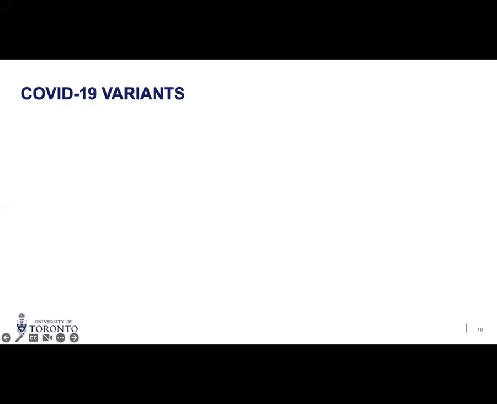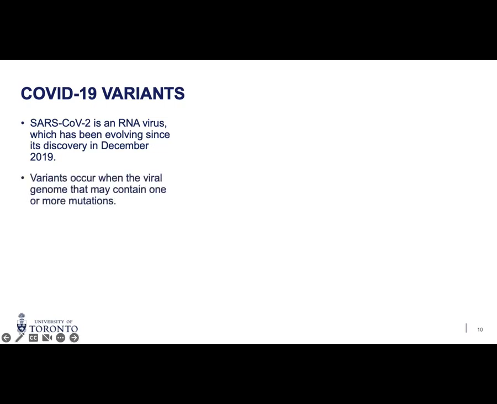So let's first start with demystifying COVID-19 variants. So SARS-CoV-2 is an RNA virus that has been evolving since its discovery in December 2019. And as a virus mutates through the replication process, there may be mutations to the viral genome that result in a variant of the original virus. Mutations can be neutral, beneficial, or harmful to an organism depending on the specific mutation and where in the genome the nucleotide substitution, addition, or deletion occurs. RNA viruses are more likely than DNA viruses to develop variants since copying RNA is more prone to mistakes than copying DNA.